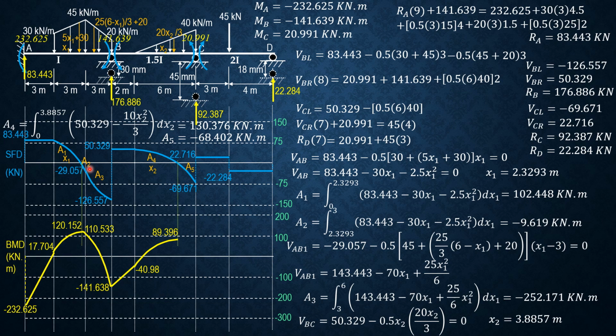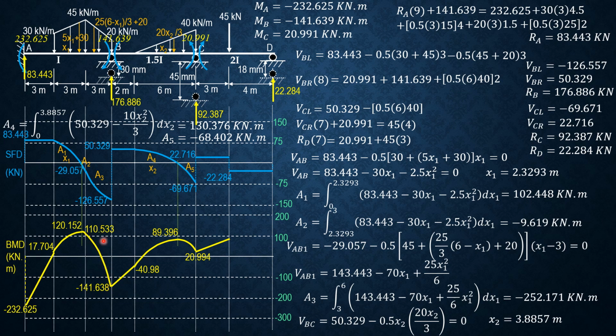Then plus area 2, which is negative increasing, small area here, and the value is 120.152 plus area 2, which is negative 9.619, so it drops to 110.533 plus area 3, which is negative increasing also,